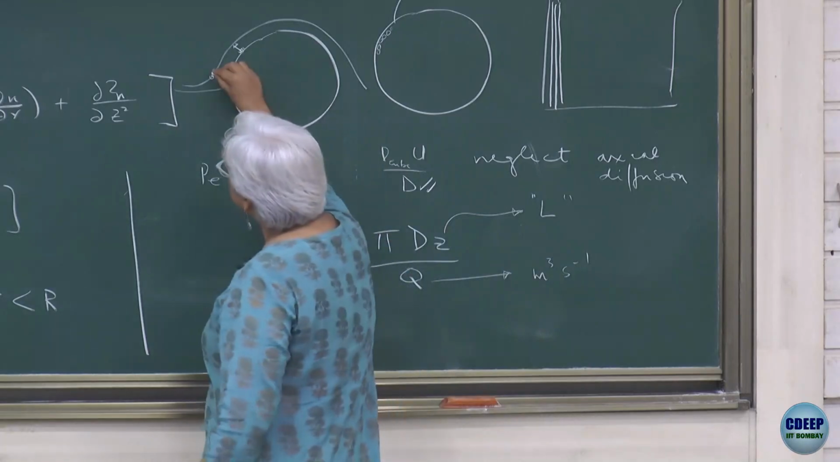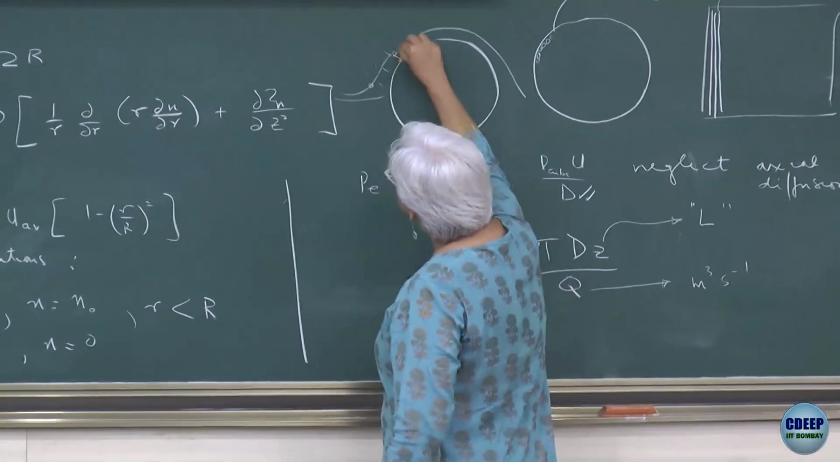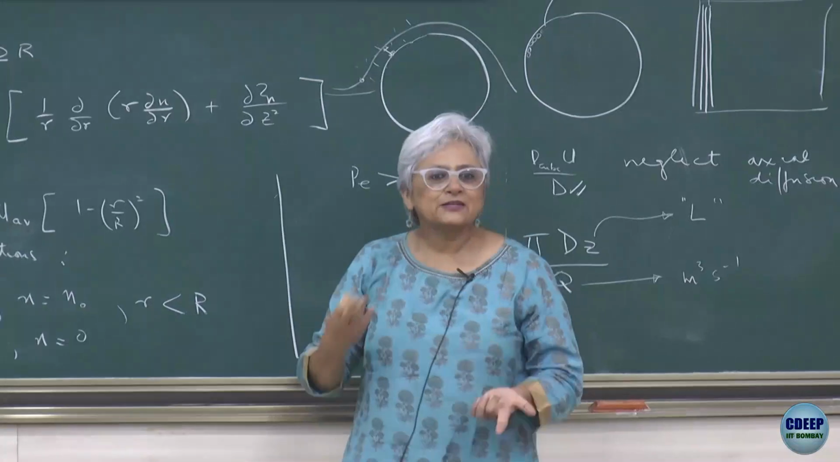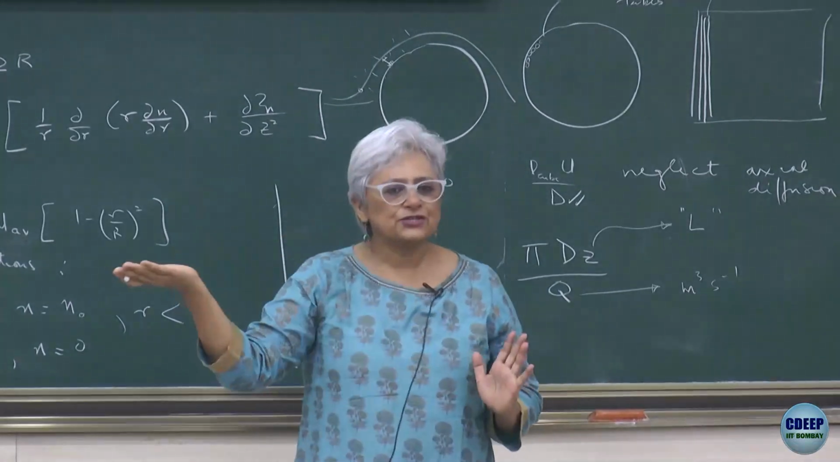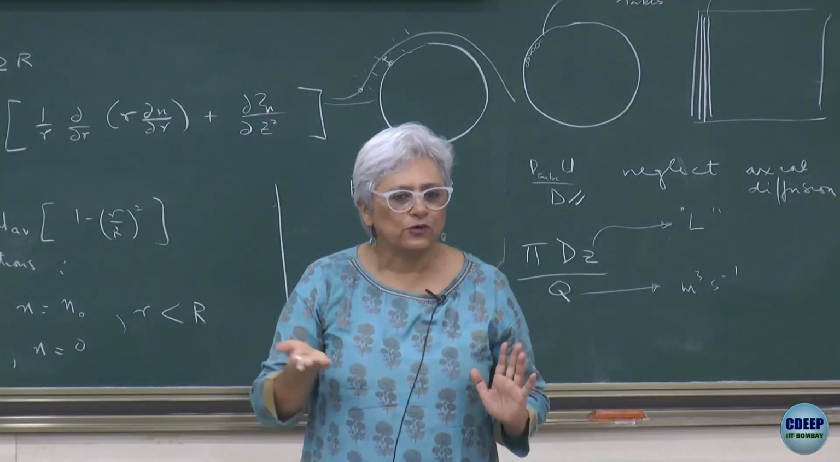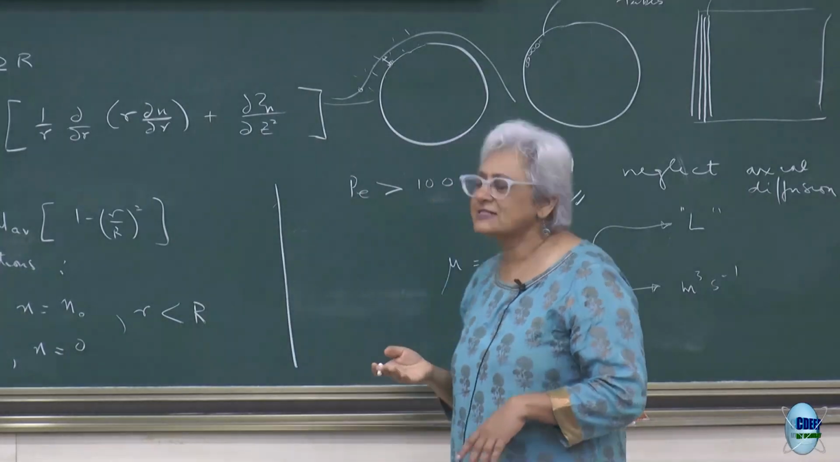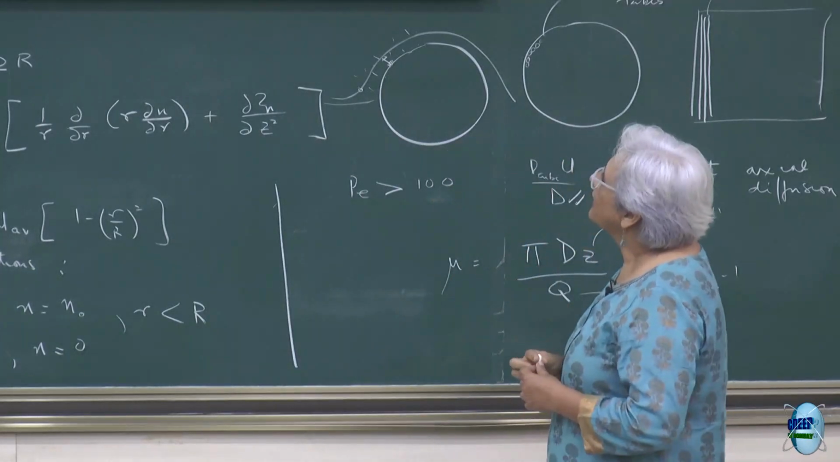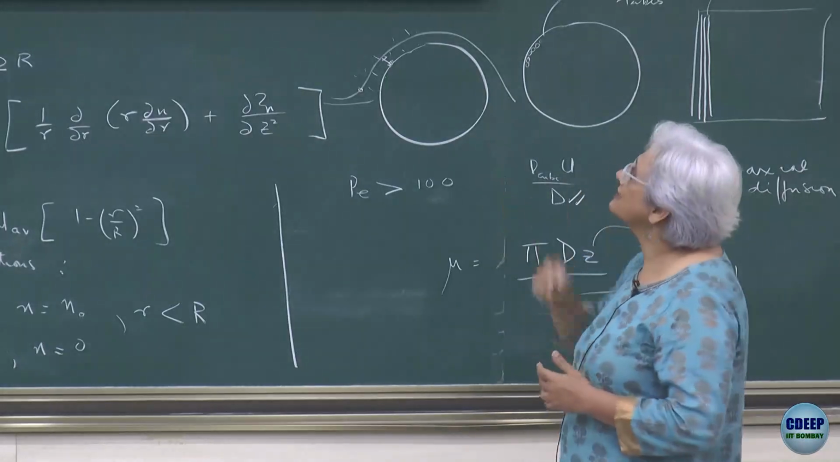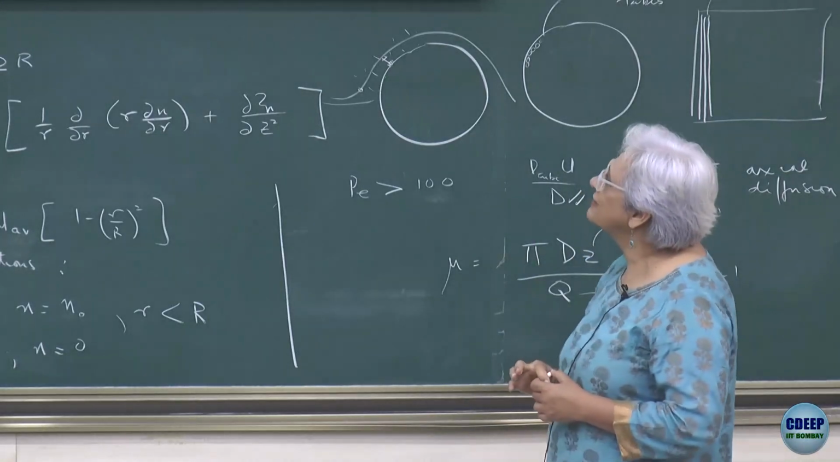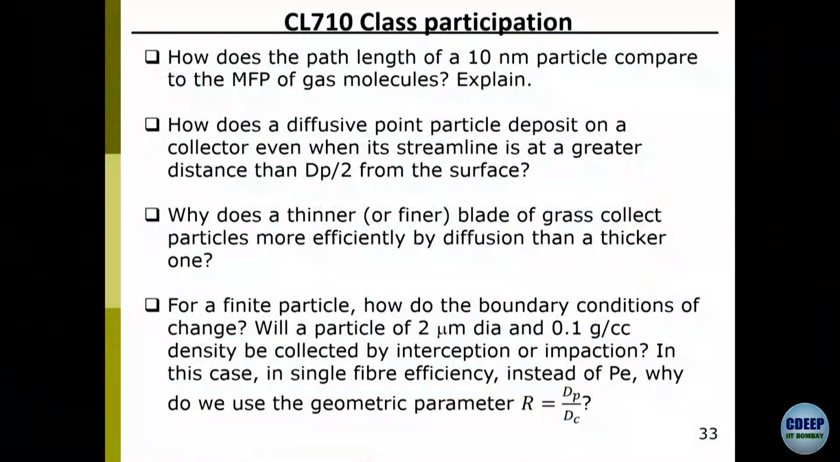Yes, so it is actually diffusing, but in a direction perpendicular to the direction of flow, is what we recognize. So simple, and of course we already answered in class that a thinner or finer element collects particles more efficiently because the streamline is already a lot closer to the surface. And